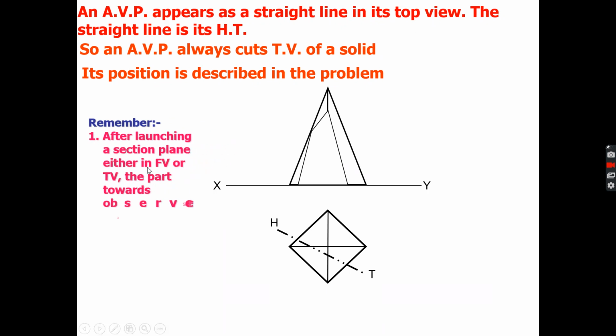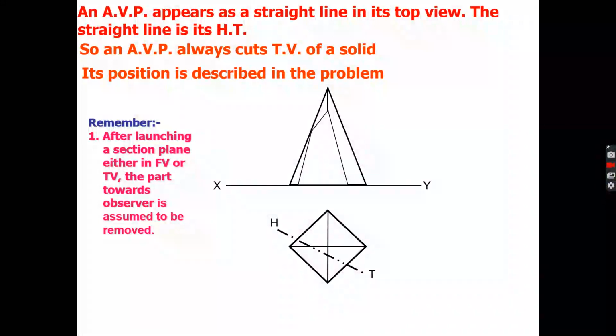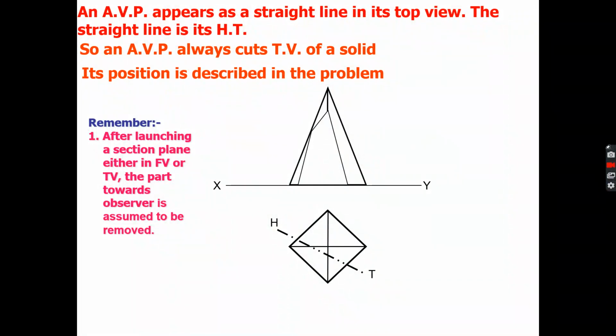after launching a section plane either in a front view or top view, the part toward the observer is assumed to be removed. Okay, after cutting the section plane, obviously there will be two parts, so one part you have to remove. So which part you will remove? The part which is nearer to you. You are the observer, so whatever part will be nearer to you, you have to remove it, right? So when you are cutting it from the top view, where you are standing,